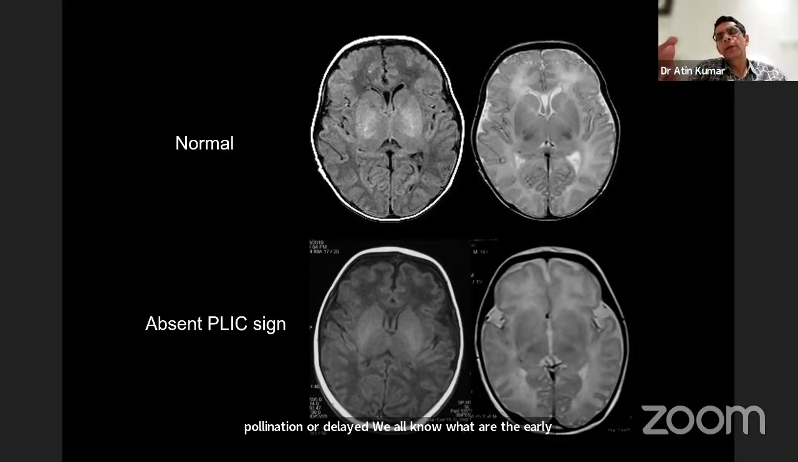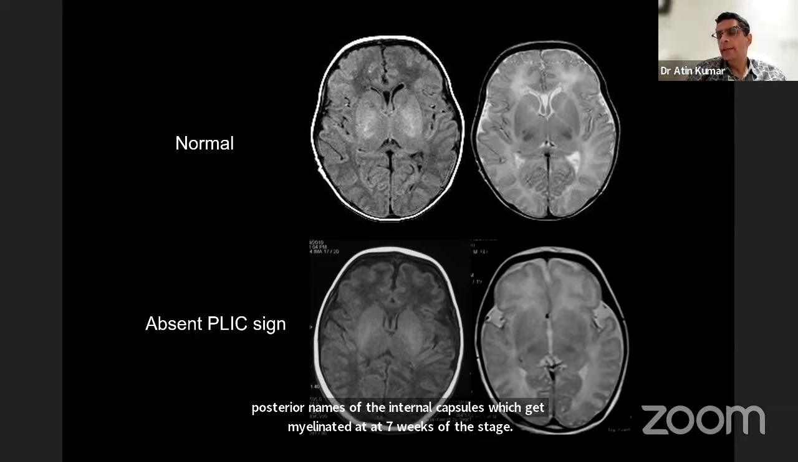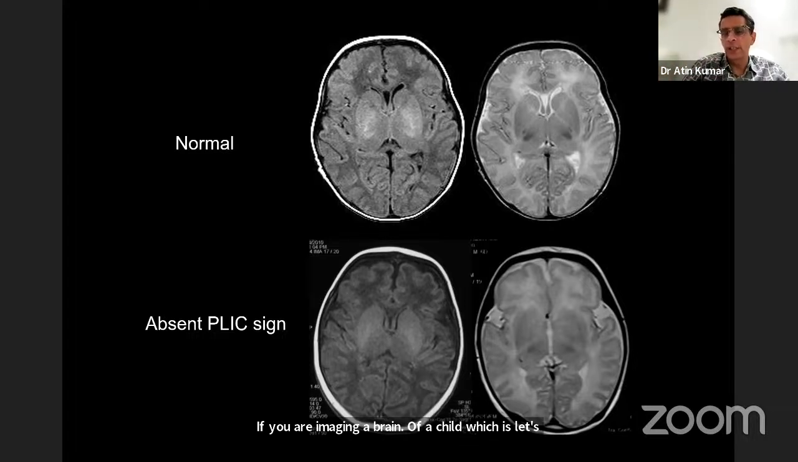In a term neonate, the myelinated areas are the posterior part of the brainstem, some anterolateral part of the thalami, and posterior limbs of the internal capsules, which get myelinated at 37 weeks of gestational age. So if you are imaging a brain of a child which is, let's say, 38, 39 weeks of gestational age,